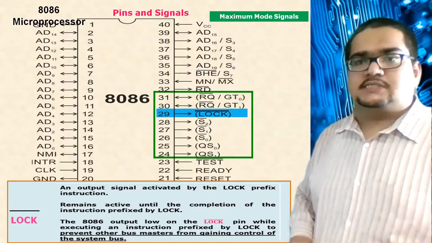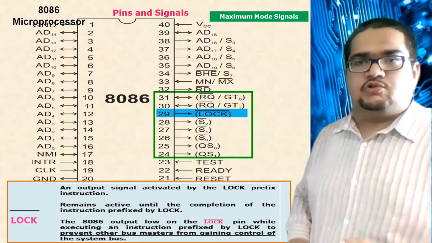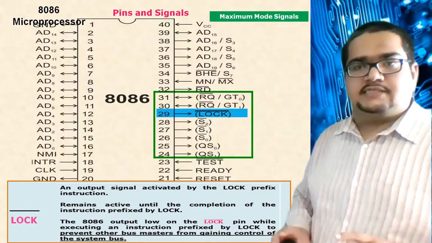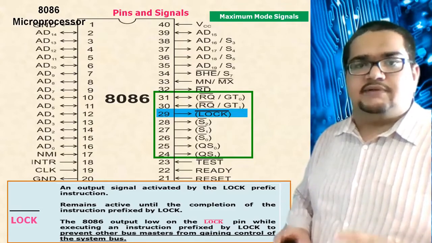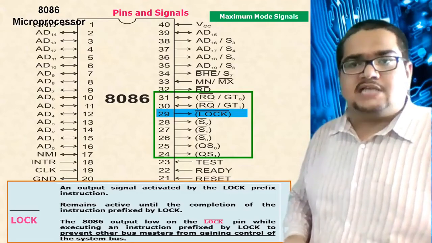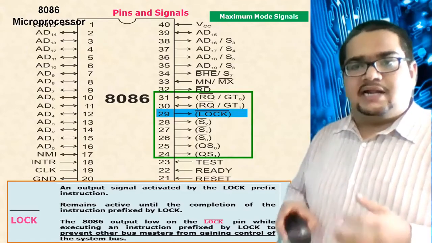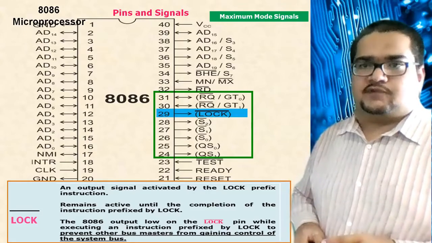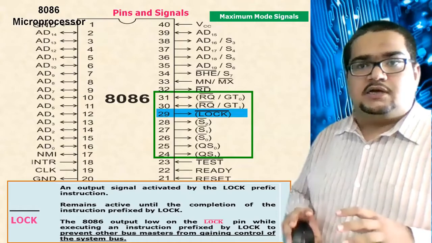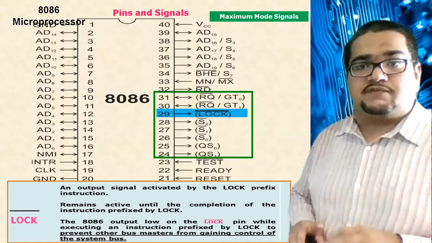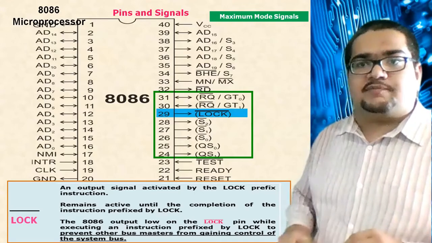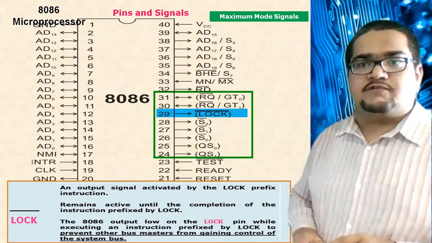Because the processors are not the bus master, you have to understand, as I told you earlier also. Bus master is something else. The bus controller IC 8288 will take care of the bus control. If a processor asked for the system bus access and it is using the system bus at a particular moment, and the instructions being executed by the processor are very sensitive, and at that moment the bus access is removed from the processor, the instruction execution may fail.